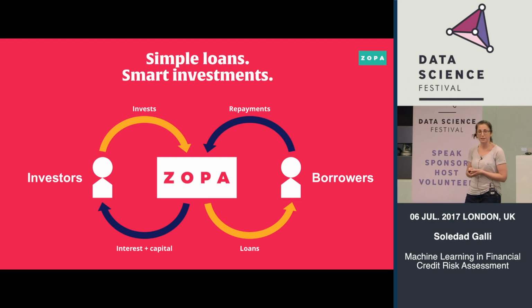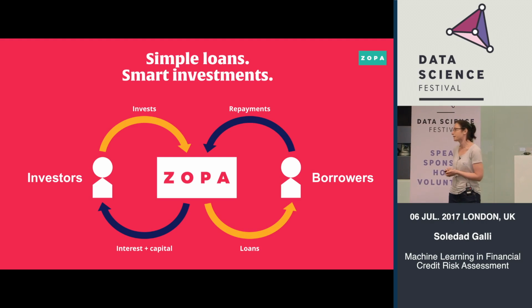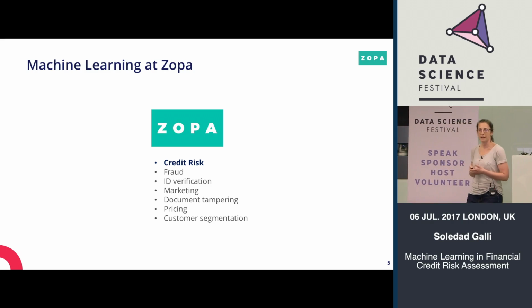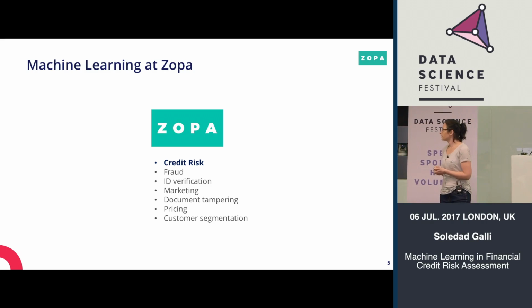But for this peer-to-peer lending model to be possible, at Zopa we have to manage all types of associated financial risk. That includes credit risk and fraud, and I'm going to talk about credit risk in a minute. But we also need to do ID verification. We need to detect, for example, if a document has been falsified. And we use machine learning to build all of our models and to basically make all of our decisions. We also use machine learning for our marketing campaigns, for customer segmentation, and also pricing. And today I'm going to talk in particular about